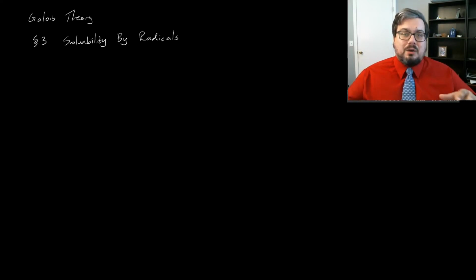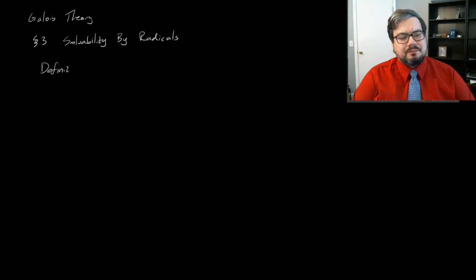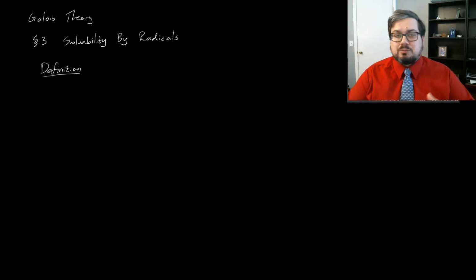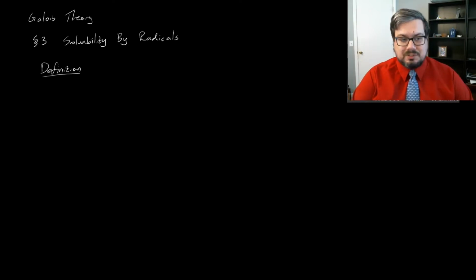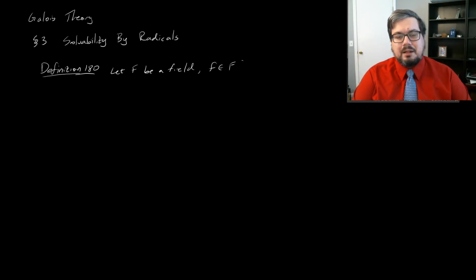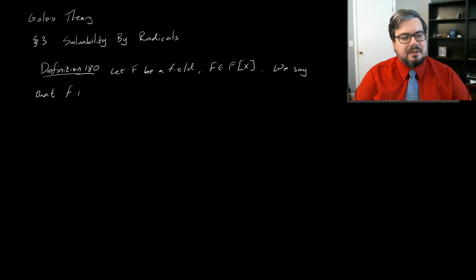Now, in order to put our work in a proper theoretical context, we need the following definition, which encapsulates this idea of being able to express a root in terms of addition, subtraction, multiplication, division, and roots. So definition 180. Let F be a field, and let little f be a polynomial over the field F, and we say that f is solvable by radicals